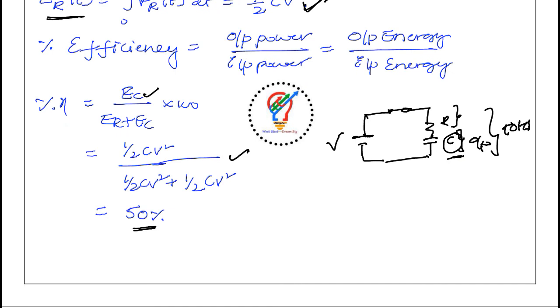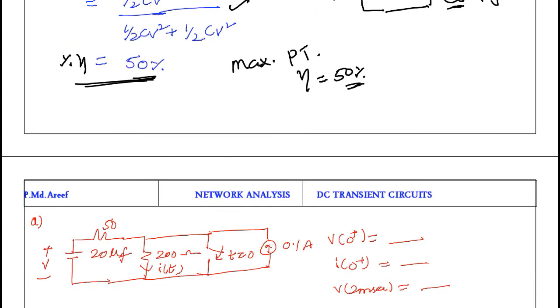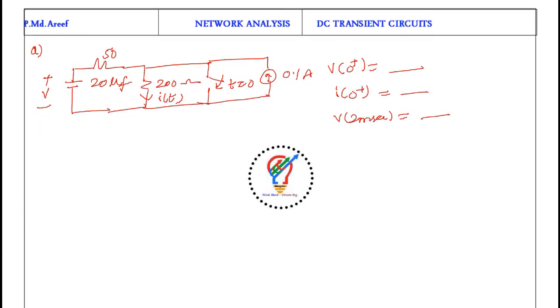Similar kind of efficiency we found in the maximum power transfer theorem. In the maximum power transfer theorem, we get a maximum efficiency of 50%. So similarly here also, in the RC circuit, we get a maximum efficiency of 50%. Okay, so next we will see a simple problem based on